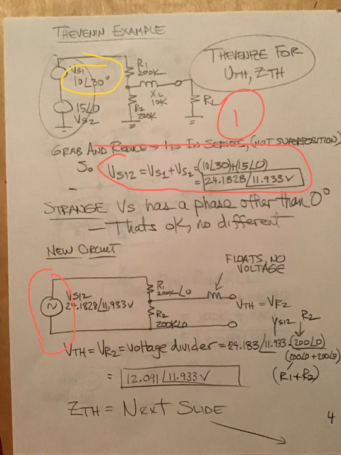They tucked a power supply in here with a 30-degree angle. FYI, this is a homework problem, something very, very similar. So I thought I would look at it, and you see it has a phase angle on the battery. That's okay. You just ignore it. All you have to do is add them like phasors. You are experts now at adding 10 at 30 plus 15 at 0, and you end up with 24.18 at 11.93 volts. So now you've got one battery feeding two components, and when we go out there to calculate Vthevenin